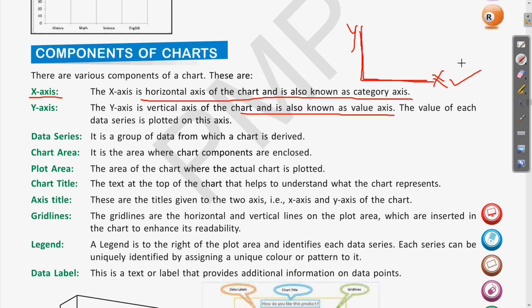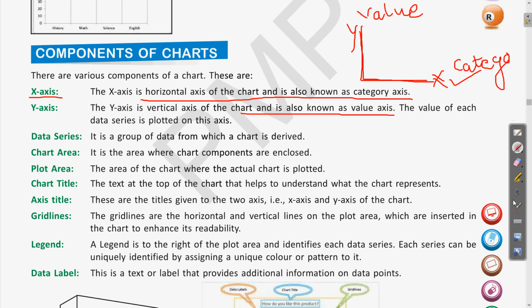So the x-axis has the name category, meaning whatever category we are choosing, and the y-axis is the value axis, meaning the values are mostly denoted on the y-axis. That's why the name. So this was the x-axis and y-axis.